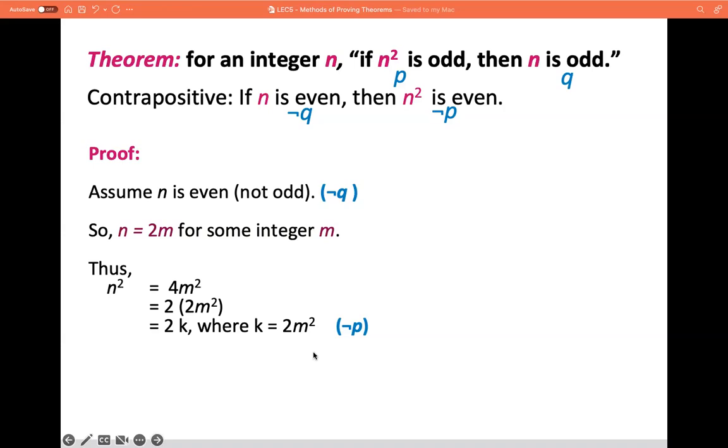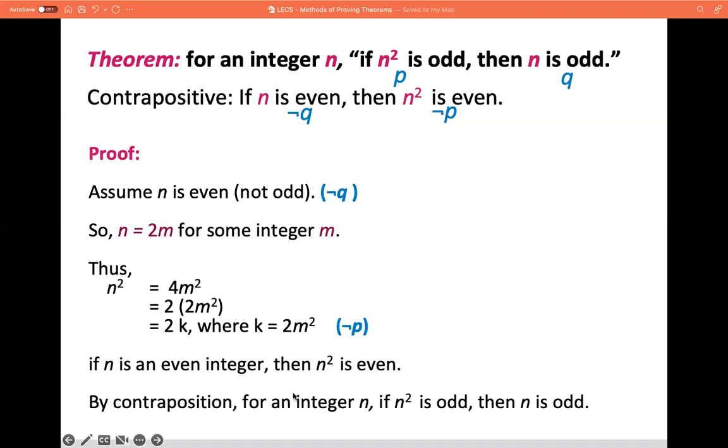Since we have proven that its contrapositive, not Q implies not P, is true, we then have a proof for the implication P implies Q, because they are logically equivalent. So rewriting the contrapositive: if n is an even integer, then n squared is indeed even. So by contraposition, if n squared is odd, then n is odd. And we arrive at the original statement. Okay,